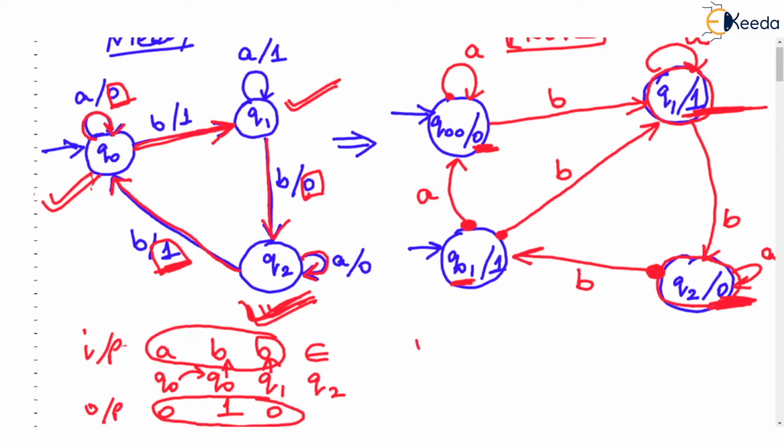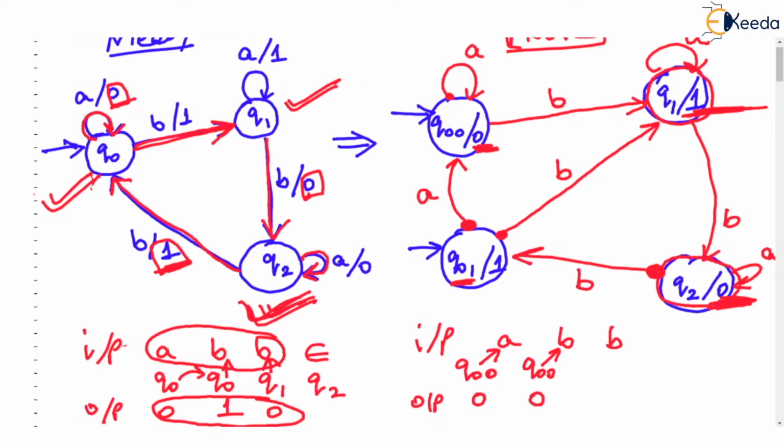Now the same output we should get for the Moore machine also. Let us take input ABB, and we know the machine starts in Q0. So what's the output in the Q0 state? Now notice we have to tell in which Q0 the machine starts, because there are two initial states. Let us say we start from Q00. Listen, you can even start from Q01 because there are two initial states. You can start from any initial state. But if the machine is in Q00, it will output 0 and then read A, isn't it? On reading A, it remains in Q00, but it outputs 0. I hope you are understanding.